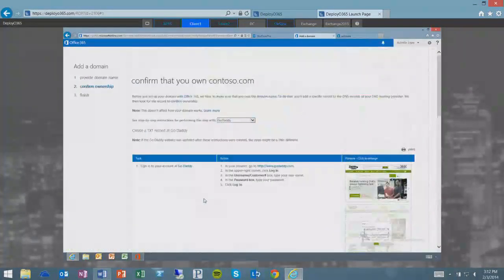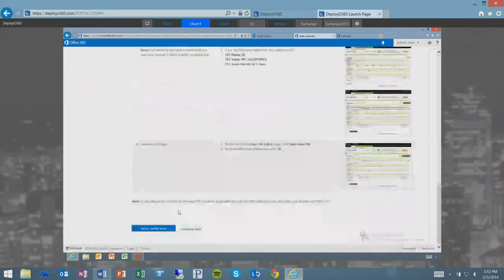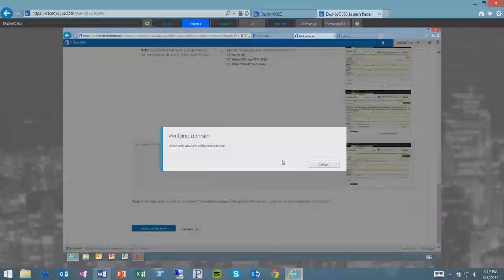Because it is very simple, but we want to help everyone because it's a text record. And all we're doing, and we are not changing your MX record at this point, we're not changing anything within your environment, is making sure that you own that domain so that you can then start synchronizing and use that. So you walk through those scenarios, confirm your ownership, done, verify now.